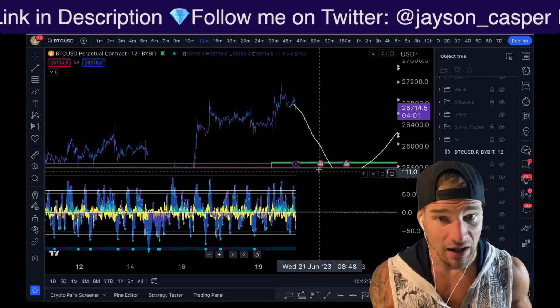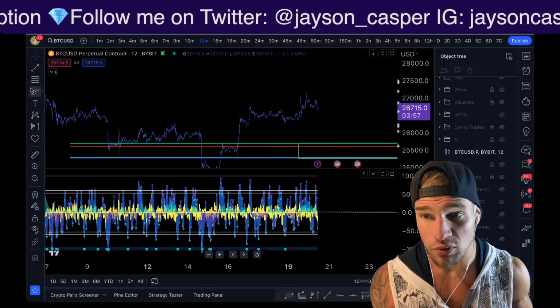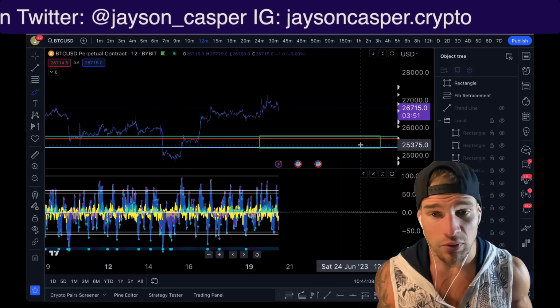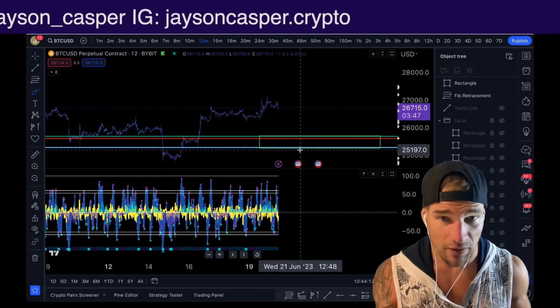Now, we may not come all the way down here. There's a lot of different levels we could actually find support along the way down here, and all those ideas and setups are given in the Casper Crew VIP Discord. But the main point here is as long as we don't lose this level, I do believe the bottom is